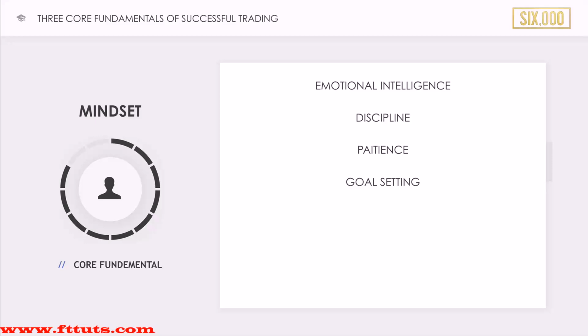Goal setting, I would say that's extremely important. You need to have financial goals. You need to have goals in your trading. Where do you want to be 3 months from now, 6 months from now, a year, 5 years from now? If you don't know where you want to be, then how do you expect to get there? You need to sit down and properly manage your goals, set them out month by month, year by year. Trust me, it will tenfold everything. I do it myself. Goal setting is an extremely important part, not just in trading, but business and everyday life.